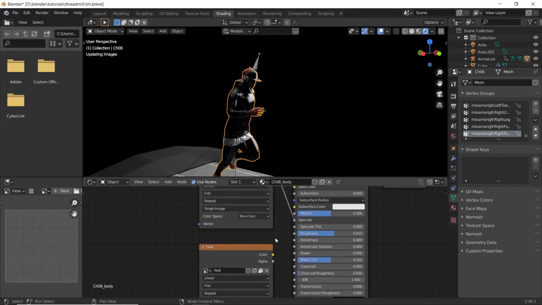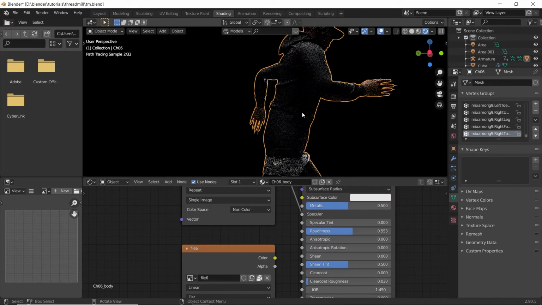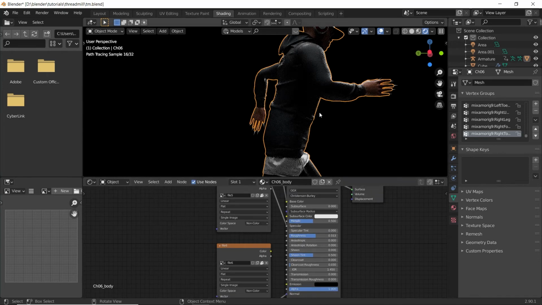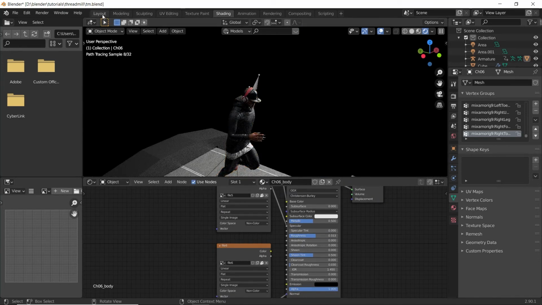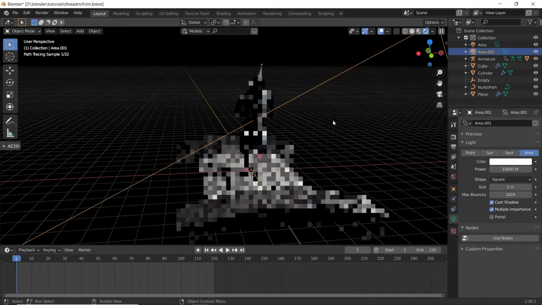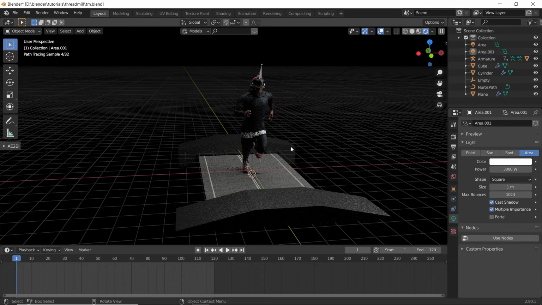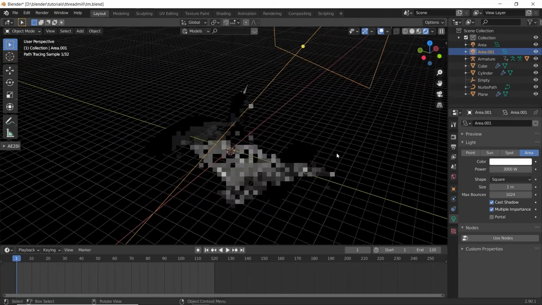And remove the roughness also. Now it will be much clearer and much more realistic. Now let's bring it to 3000 and let's add another light.